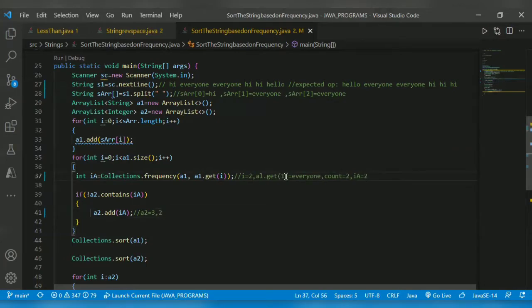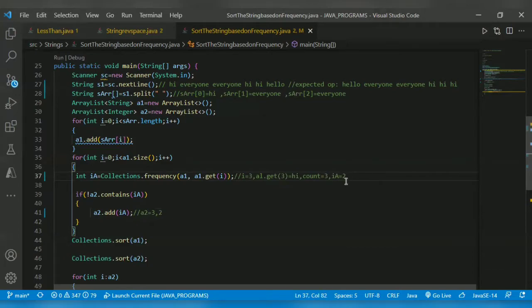After that, when i is equal to 2, AL dot get of 2 is also everyone. Its count is 2. Now ia is 2. It checks the condition, whether array list 2 contains 2. As it already contains 2, it will not do anything. After that, i will increment to 3. AL dot get of 3 is hi, which count is 3.